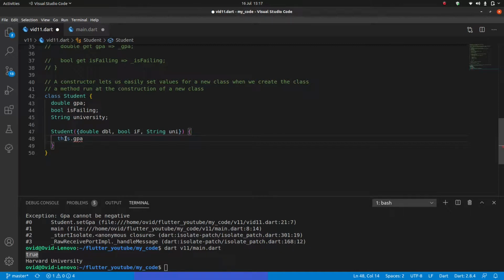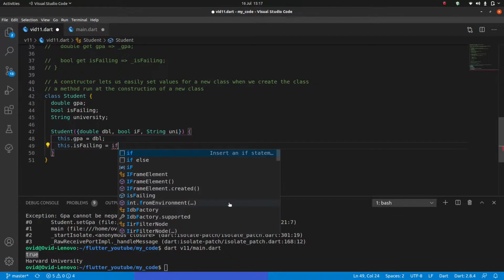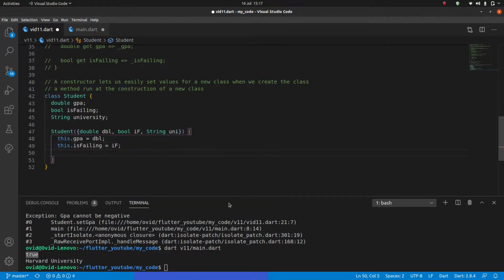JavaScript does a really weird thing where it's bound to whatever instance you're running in, so it can show some strange errors, but Dart doesn't do that. This is bound to the class. Okay, but that aside, so this.gpa equals dbl, this.isFailing equals if, and this.university